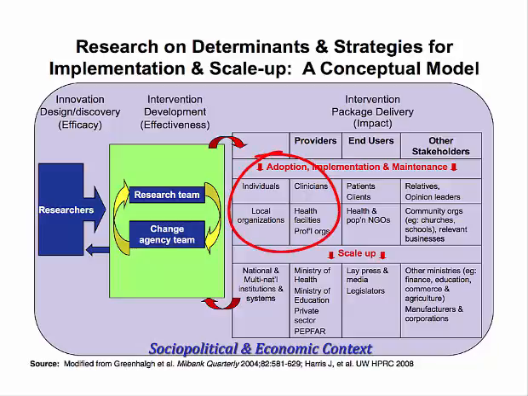And through this animation, you can see when you're talking about implementation, we're focusing on a limited number of individuals, clinicians, local organizations, and health facilities or professional organizations. You can think about a demonstration project for PrEP or a demonstration project for HPV vaccination being carried out in a small number of clinics or districts to get more information for further scale as two examples of implementation efforts. And at that level, the stakeholders you're engaging is pretty small, and it's easier to get your head around how to work with these different organizations.